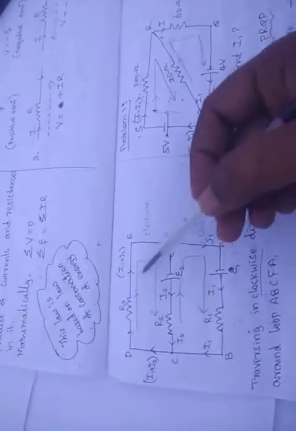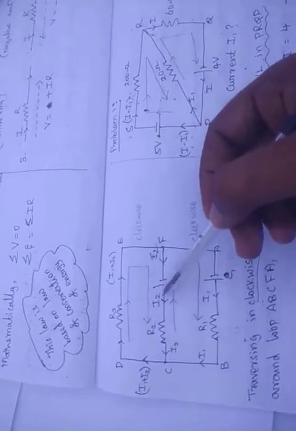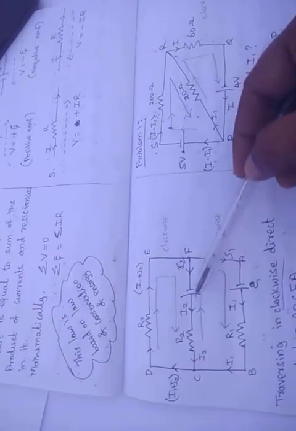So in this circuit, this one, I1 plus I2 through R3 is along this direction. So we can put plus (I1 plus I2) into R3. Then if you come here, I2 and R2 are along the traversing direction, so plus I2 R2, which is equal to, we have only one EMF, not two EMFs. We are going to consider only this upper loop. Here the traversing direction is negative to positive, so you can take it as positive.